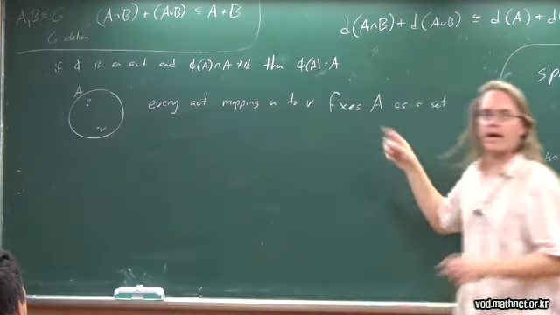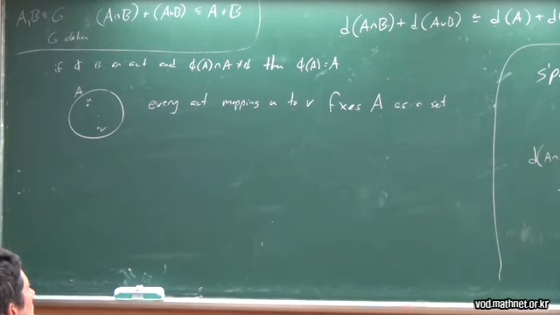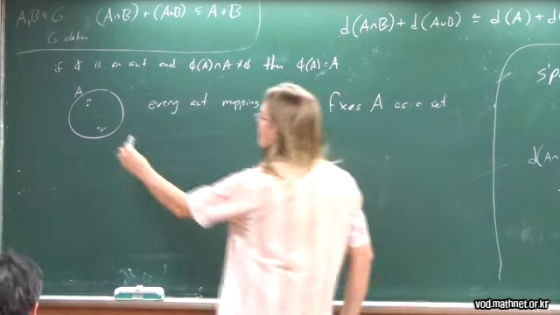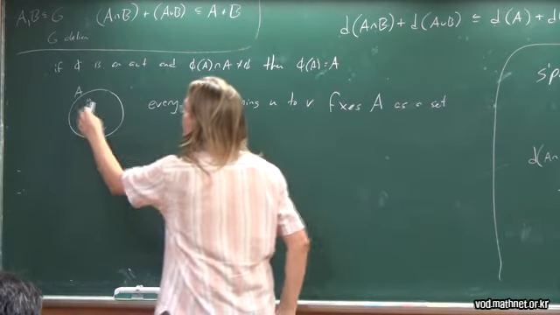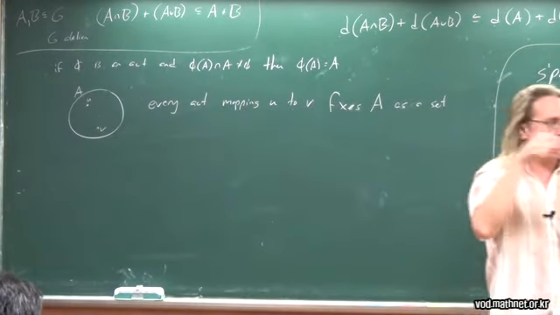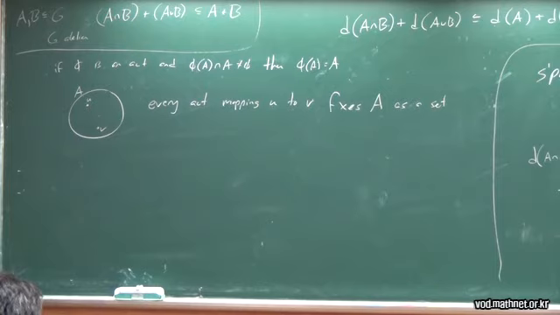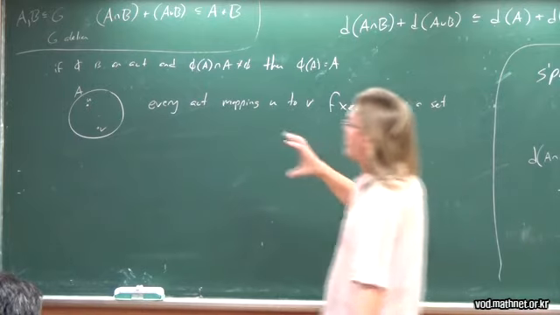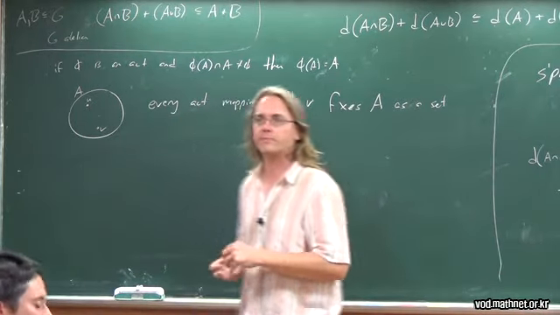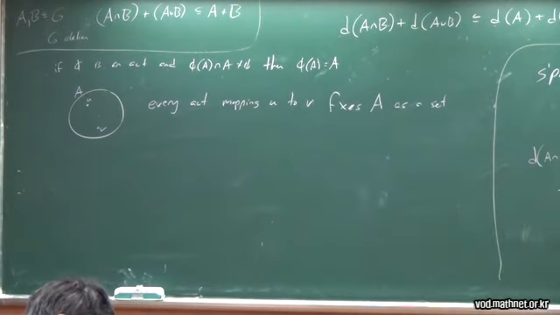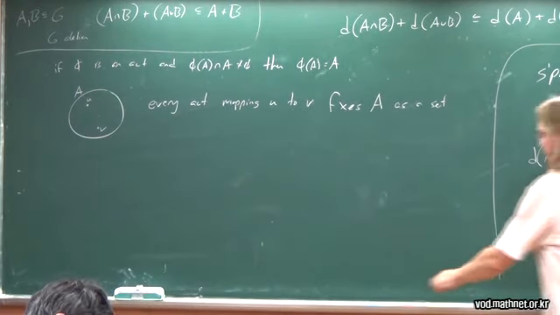When I say that, I don't mean you have to fix every point of A. I just mean the set of elements A has to map back to A. All right? So if I take two vertices here, u and v, there's some automorphism that maps u to v. That automorphism has to map this whole set A back to itself. Now, what good is that? Well,